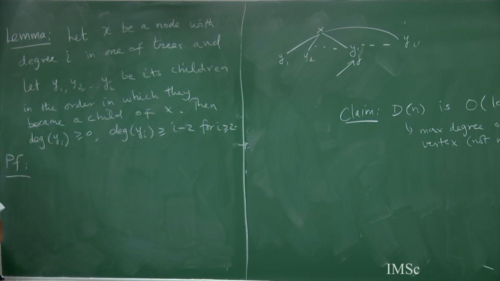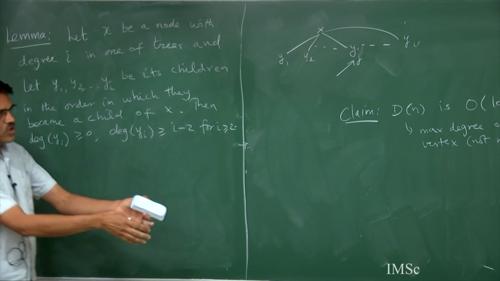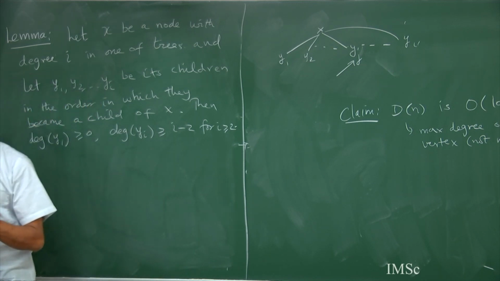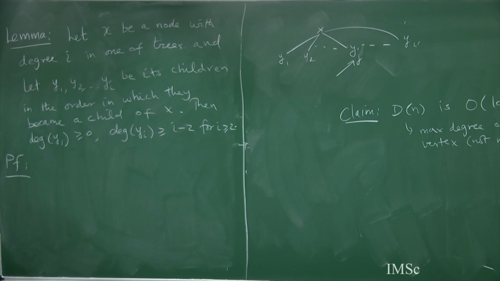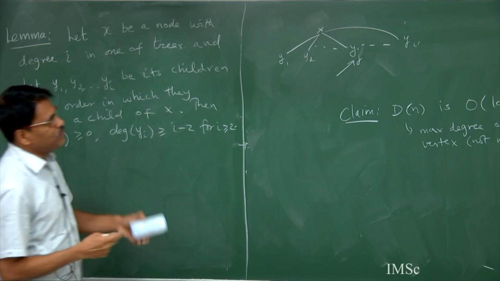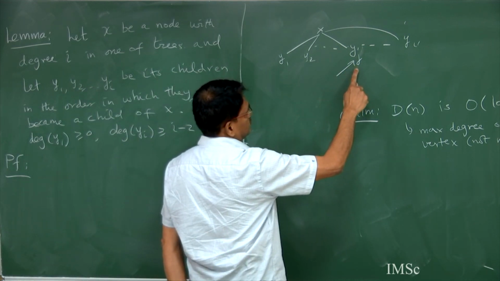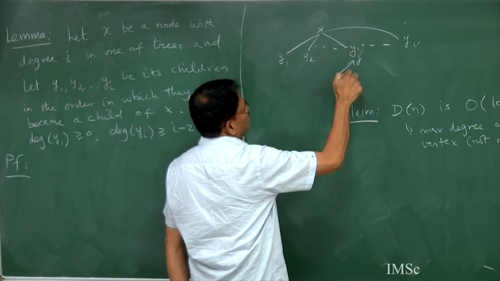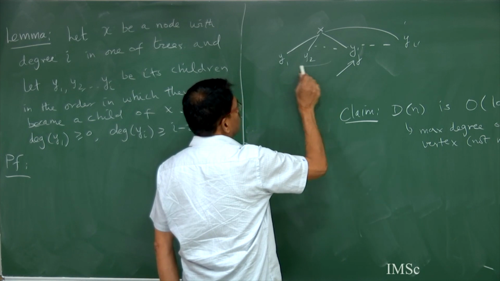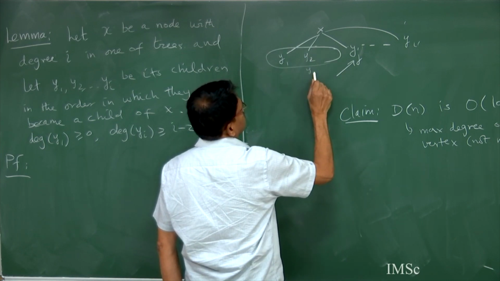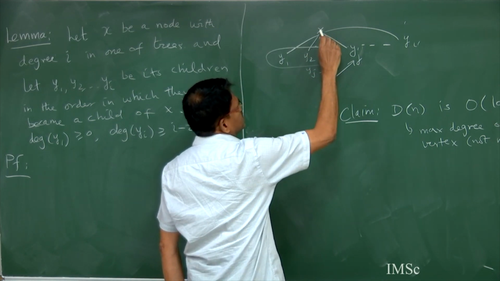The only operation, in fact, insert just creates a node. The only operation that makes one guy a child of the other is the delete min operation, and it will do it when the two guys are the same degree. So, at the time this guy yj, so y1 to yj minus 1 are all there now. So, the degree of x,